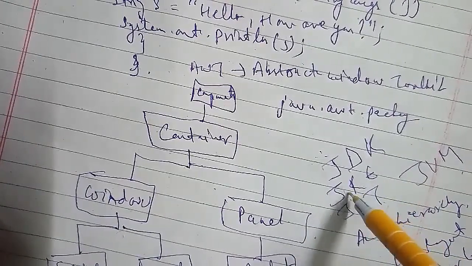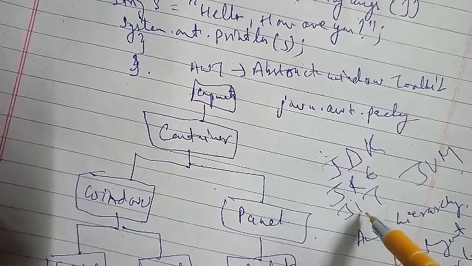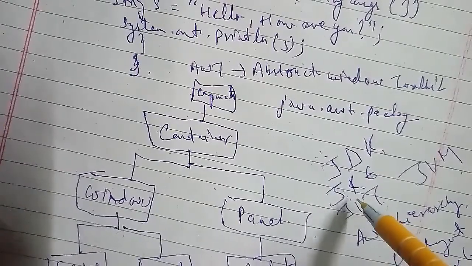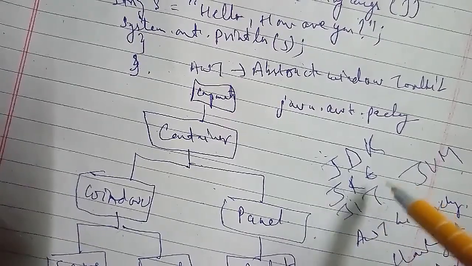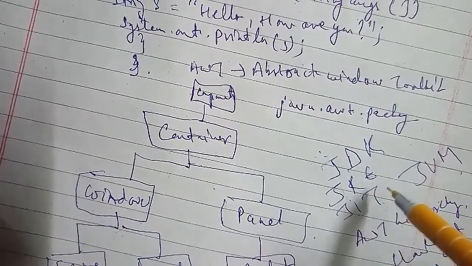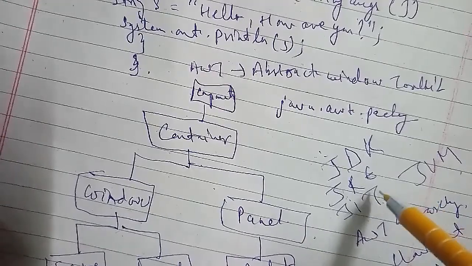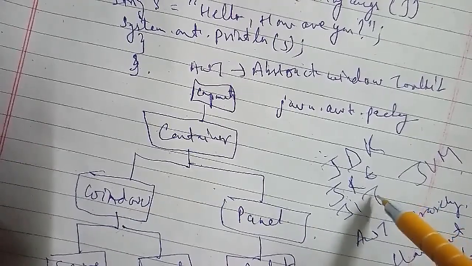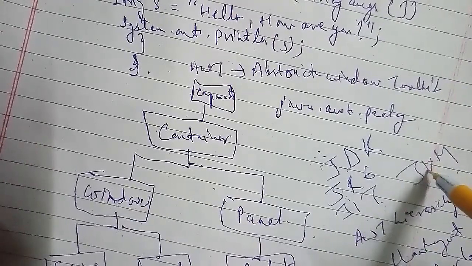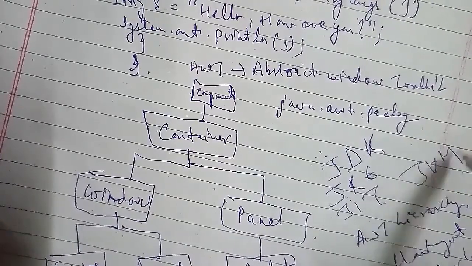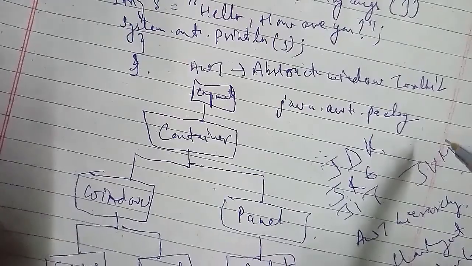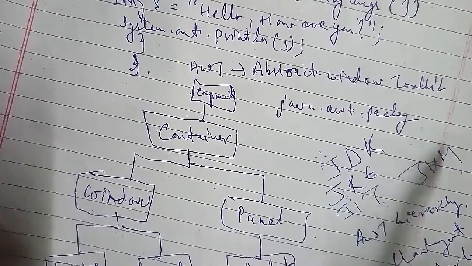JIT, the just-in-time compiler, is a program that converts Java bytecode into instructions that can be sent directly to the processor to execute on that platform. The JIT compiler comes with the Java Virtual Machine, that is JVM. JVM is an abstract machine which provides the runtime environment in which Java bytecode can be executed.